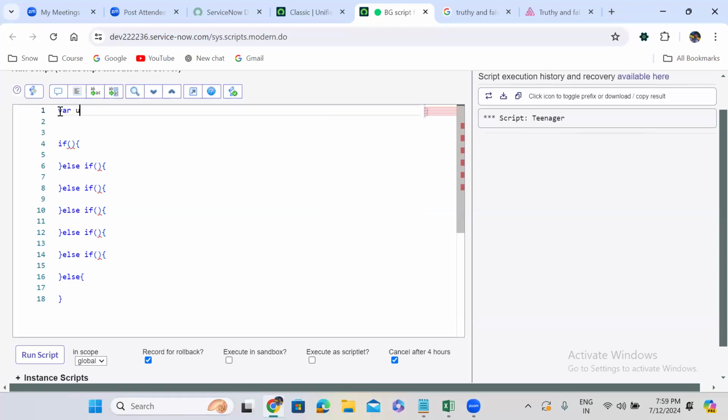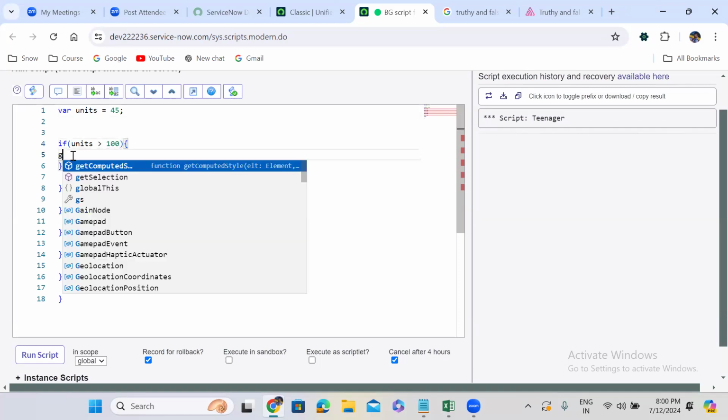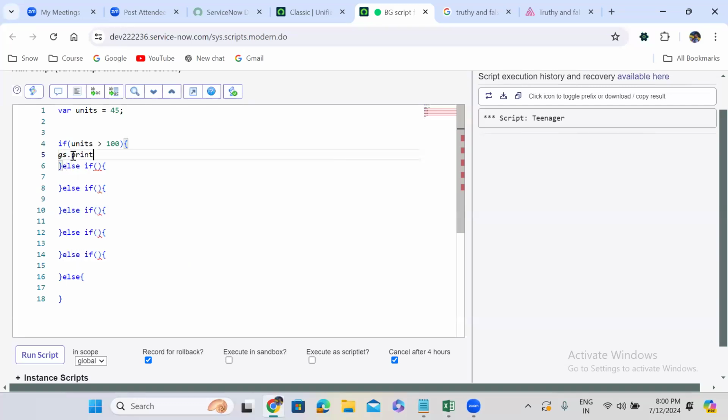So first thing, I am taking number of units. Var units is equal to, I am taking 45 units. If units less than 100, gs.print units multiplication operator 10 rupees plus